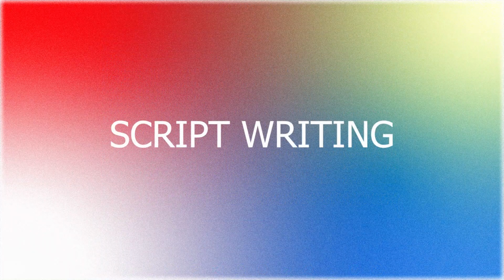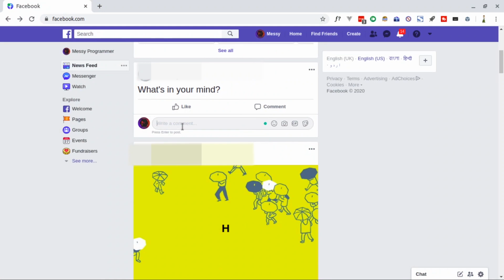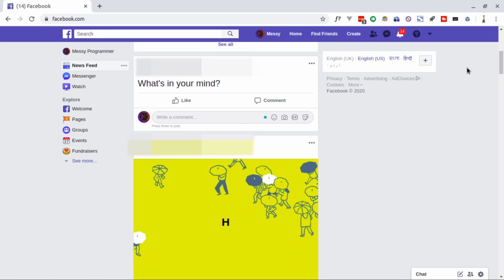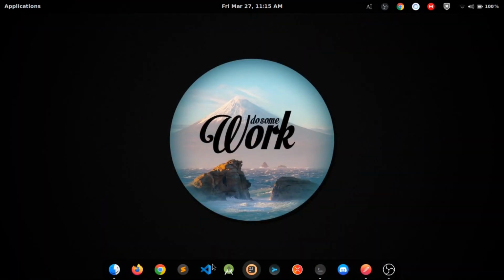Now we are going to write our script. Before writing the script, open your Facebook account. That's because we are going to comment on a Facebook post, and that's why you have to open your Facebook account first, and then we are going to write the script. Okay, let's open our Facebook account. Here, choose any Facebook post where you want to auto comment. Let's say I am going to comment on this post. Okay, now keep the tab open and open your code editor to write your script.